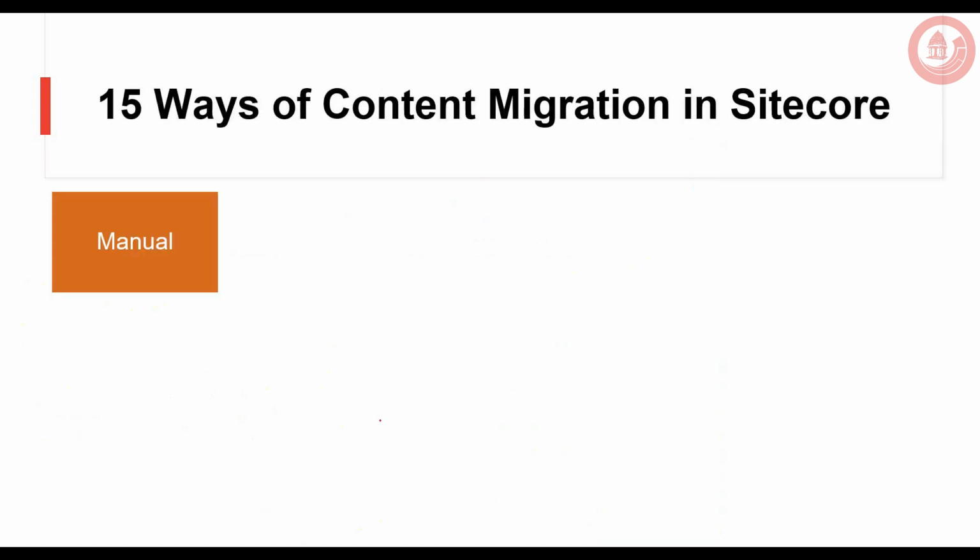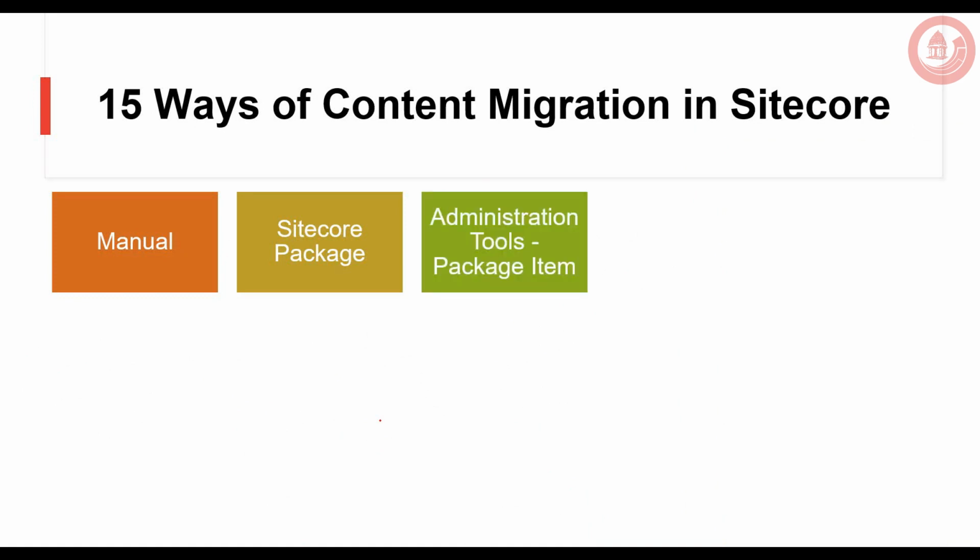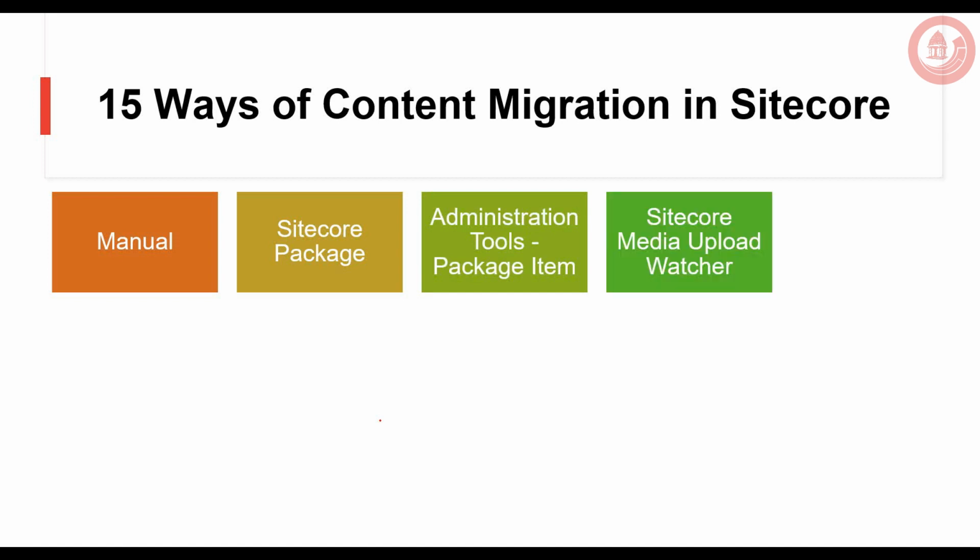So these are the 15 different ways. Let's summarize it. So we saw the manual, where you can manually update or upgrade your Sitecore instances. The Sitecore packages, so you can create a zip file and install it on any Sitecore target instance. You have the developer tool, so here also you can create the zip file as a package. The advantage here is that you can also get the dependencies and the descendant items as a part of this